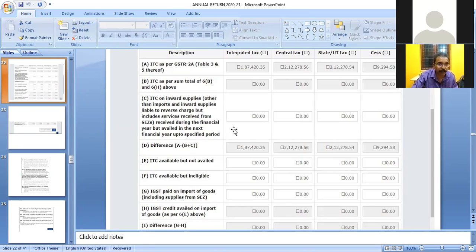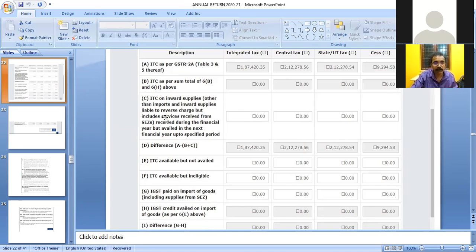Here the specified period means September. Filing of GSTR 3B relating to September 2022, whose last date is October 20, 2022, that is to be shown here.